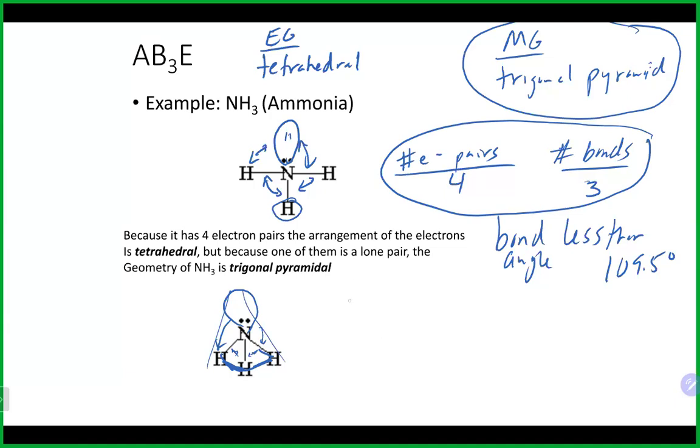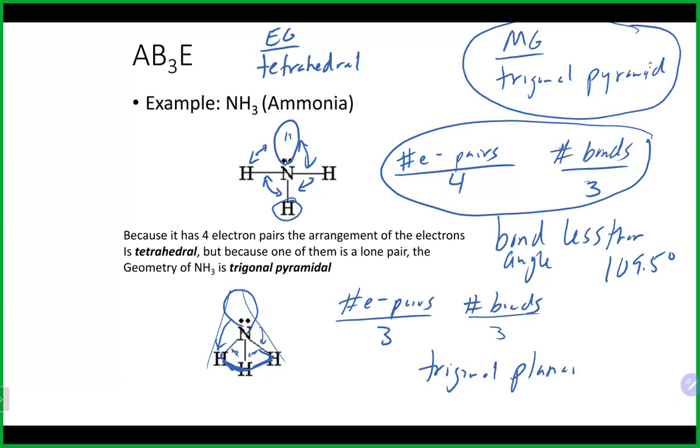We just saw not too long ago number of electron pairs being 3 electron pairs, number of bonds being 3. That is trigonal planar. These are different. So this name and this name are different, and you do need to specify which one you're talking about. You cannot just write